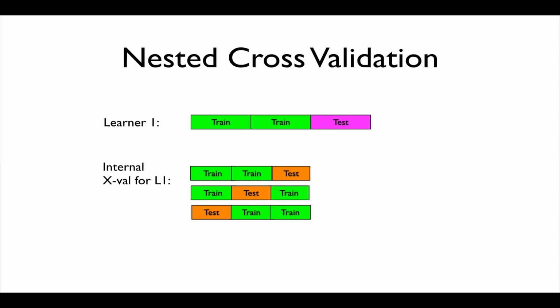Sometimes you even combine this with so-called nested cross-validation, and this is often used, for instance, if you want to assess or select hyperparameters. In such a case, you will further divide your training examples into yet 3 different cross-validation bins. So you take your first 2 bins here for learner number 1, and you would divide that into 3 different bins, whereof the 2 first ones are